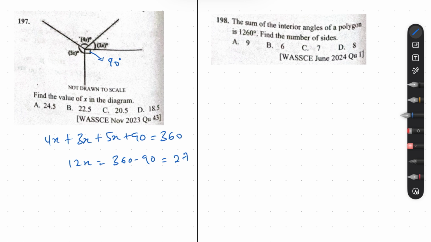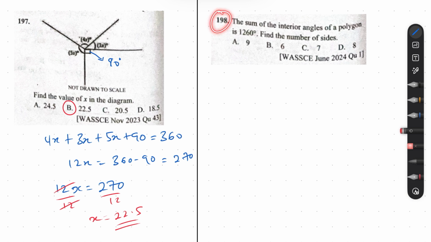which would give us 270. So 12x equals 270. Let's divide both sides by 12. 12 cancels out, so we'll have our x to be 22.5, which is B. Cool. Let's move on to question number